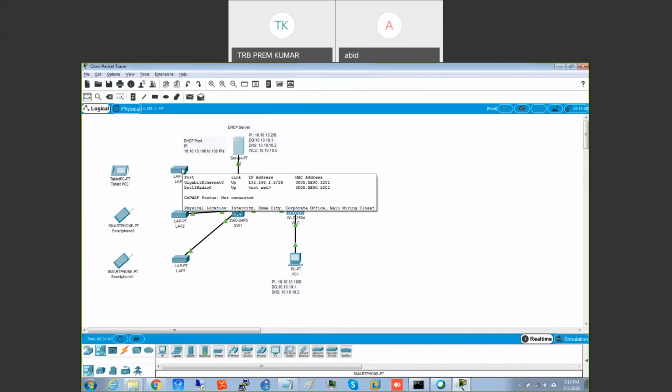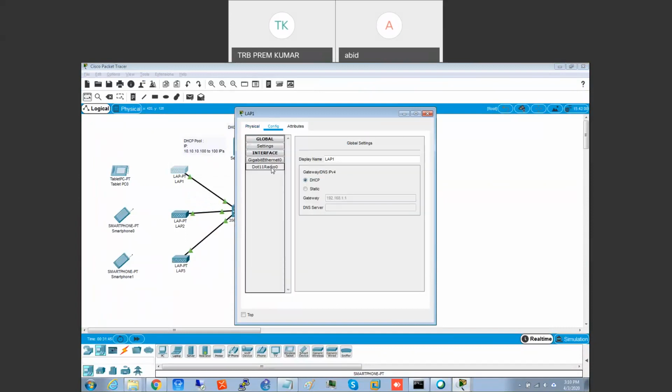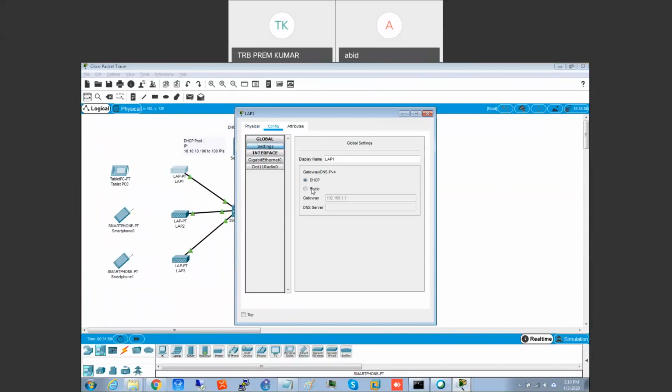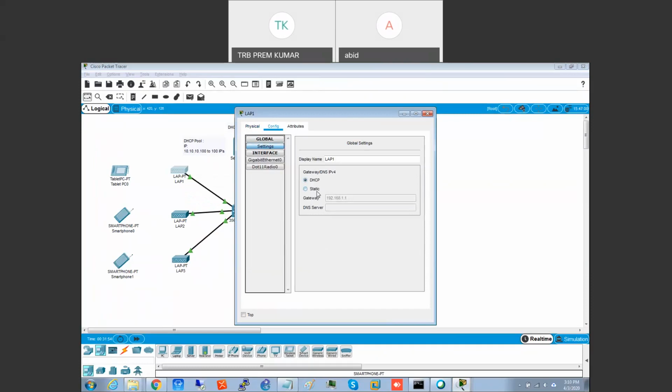So now we will go to configure, static, and again DHCP. Okay, we are asking it to again look for DHCP. Perfect. Release and renew. Got it. Just note down this point.